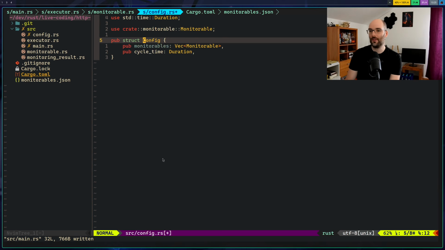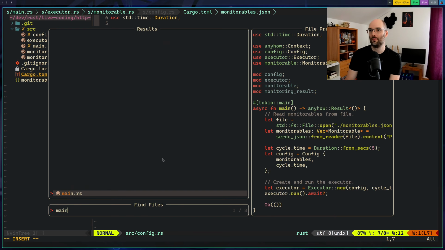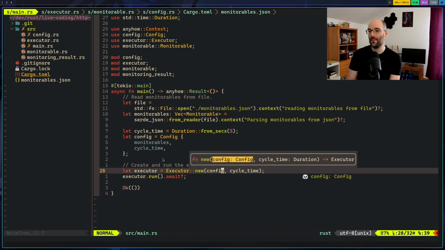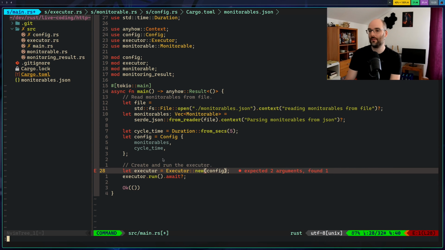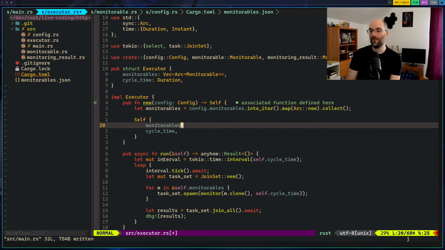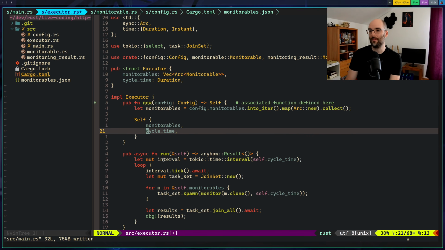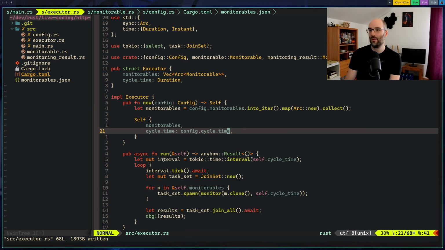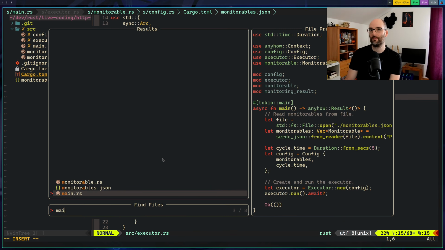Yeah, that wasn't properly renamed. It was. Just wasn't updated. And then in here, the executor only needs the config, because the cycle time is gonna come from the config. That makes a lot more sense.